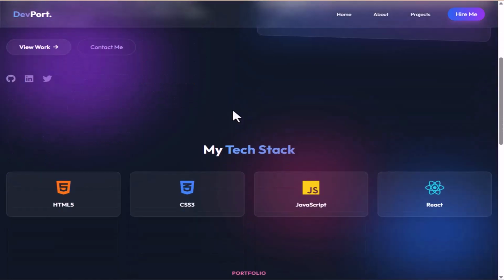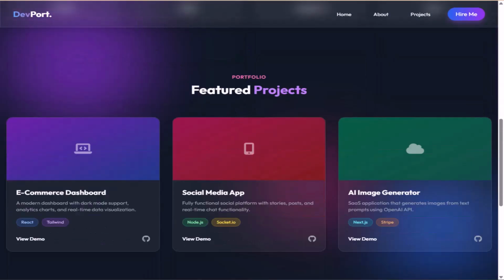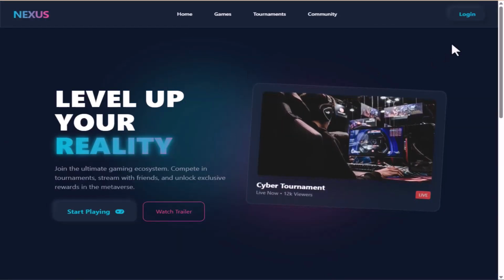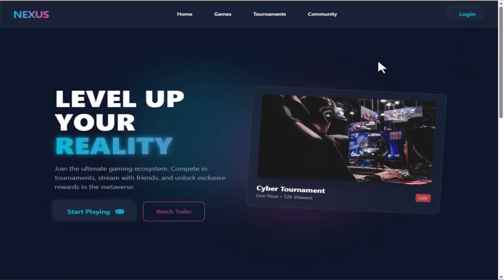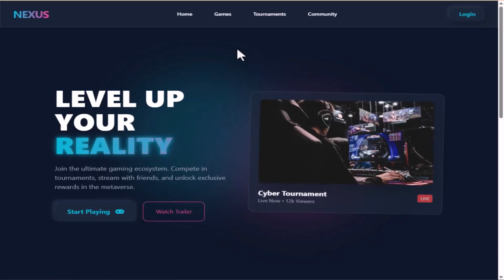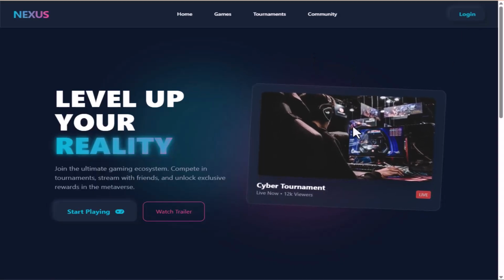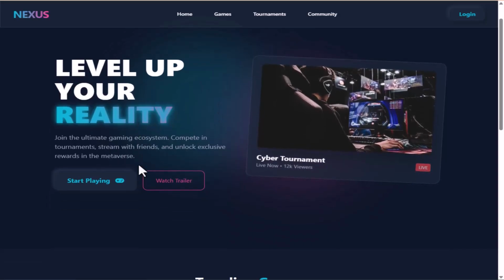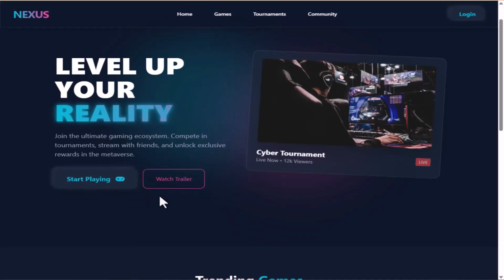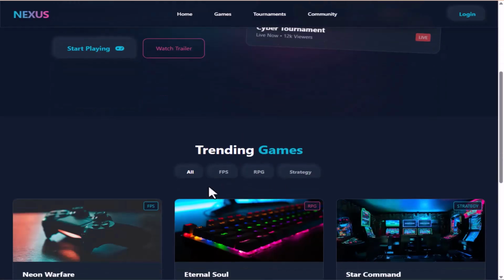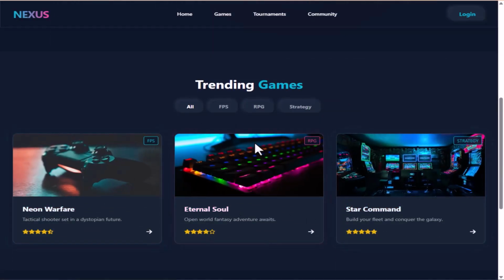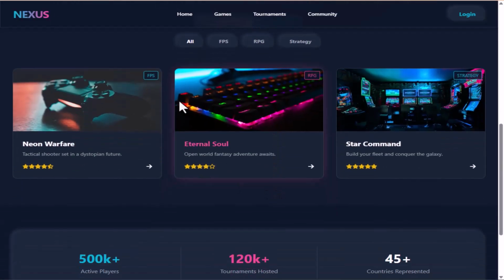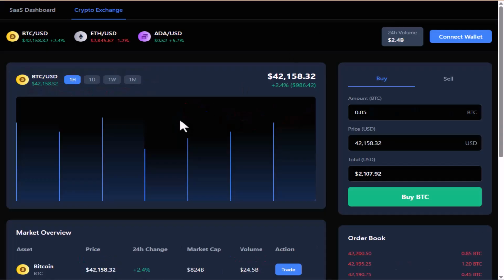We have glassmorphism, and also this is a gaming site. You can see we have neomorphism button, and also we have some animations. You can see when I hover over this section, it's behaving somehow well. So we have this button also, it's using neomorphism, and we have a watch trailer, and we have trending game section. But for this tutorial, you're going to be building this Nexus dashboard, and I would advise you to watch